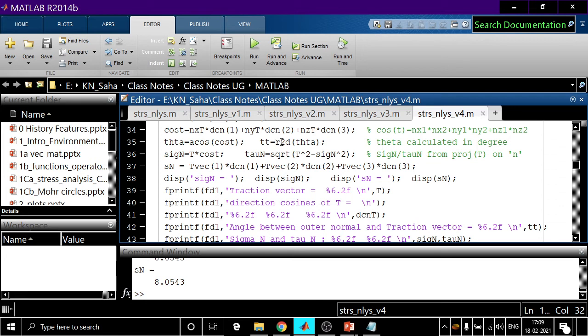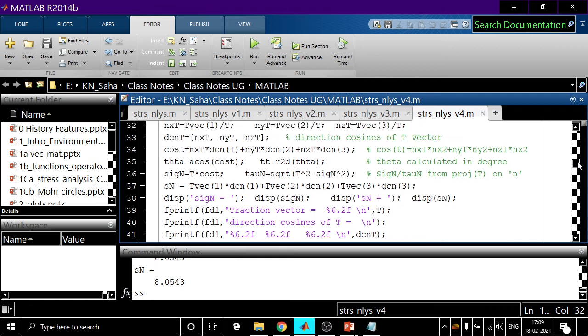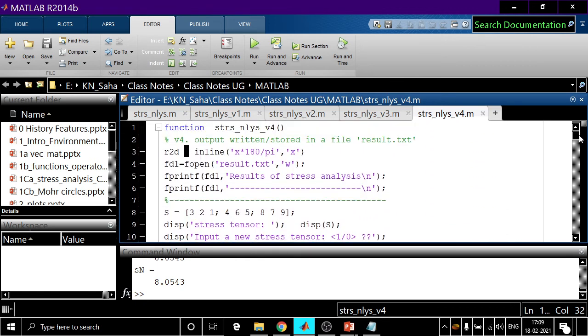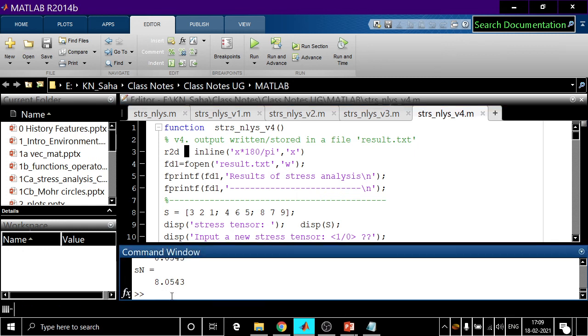So this R to D is a typical function known as an inline function. Here you see this inline. Okay, what is inline? It is a very short function.